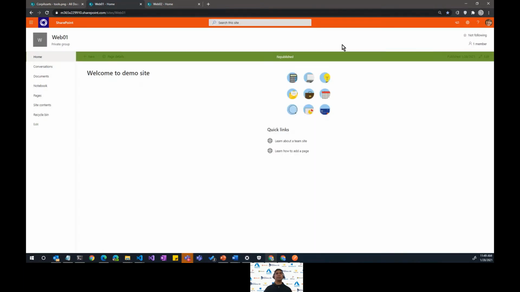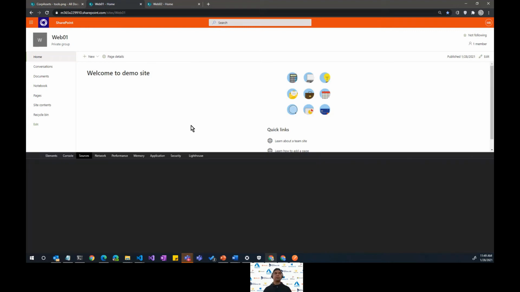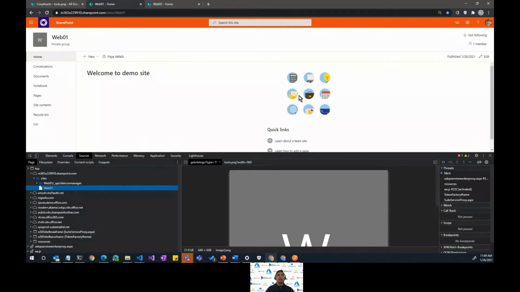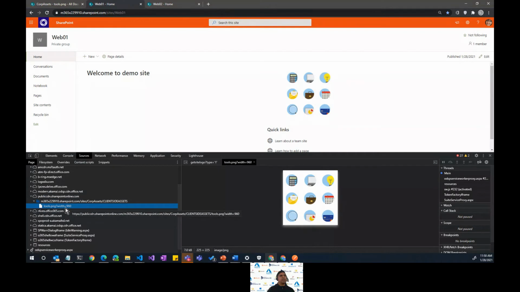We publish. Now if you press F12 to see where this image is getting served from, go to the Sources tab, and you should see public CDN. If you expand that, tools.png, as you can see, it is getting served from a public CDN endpoint, not directly from the site. Let's copy this so that you can see it better.